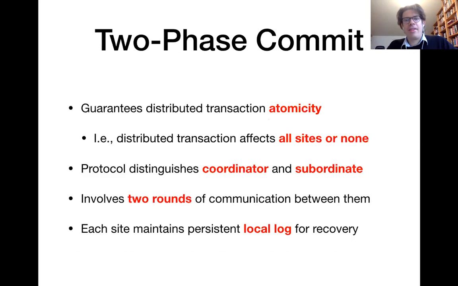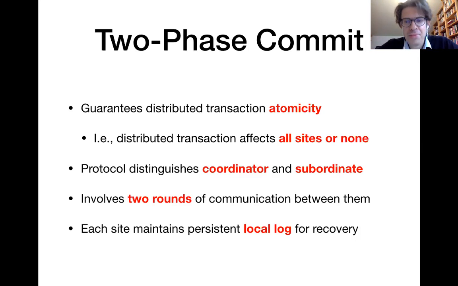So the protocol that we will discuss in the following is one of the most popular ones, the so-called two-phase commit protocol. This protocol essentially guarantees that distributed transactions that involve multiple sites are executed atomically. So it won't happen that some subset of nodes decides to proceed with a transaction while the other nodes decide to abort the transaction. So we make sure that all of our sites in the distributed database management system act